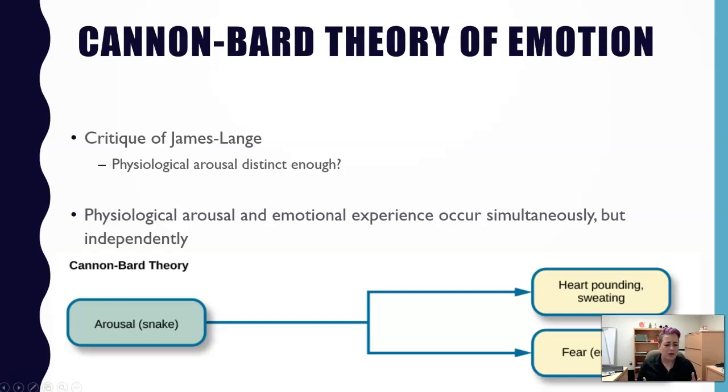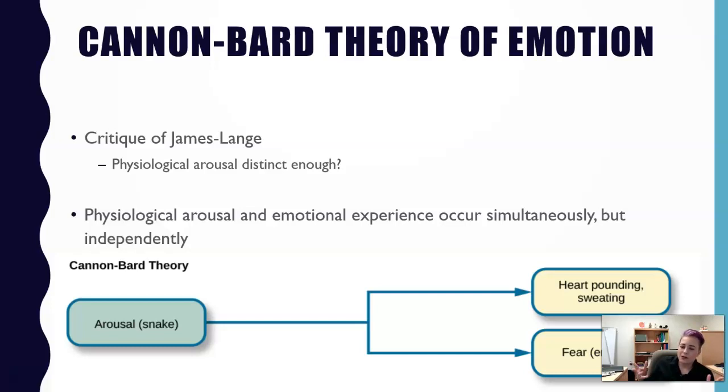Now, according to Cannon-Bard theory, this was a critique of the James-Lange theory. Yeah, we're physiologically aroused when something happens concerning nature, like seeing a snake, but we are physiologically aroused similarly across different emotional states. I may feel the same excited as I do nauseous. I may feel the same mad as I do, how does your body feel when you're mad? Mad as I do super excited. There may be similar feelings and physiological signals being sent that you can't differentiate. Your body can't differentiate without you appraising that emotion.